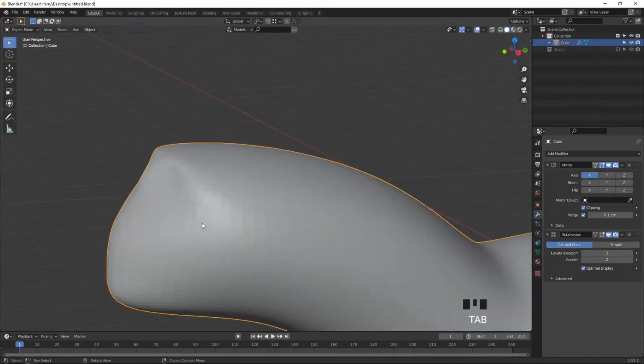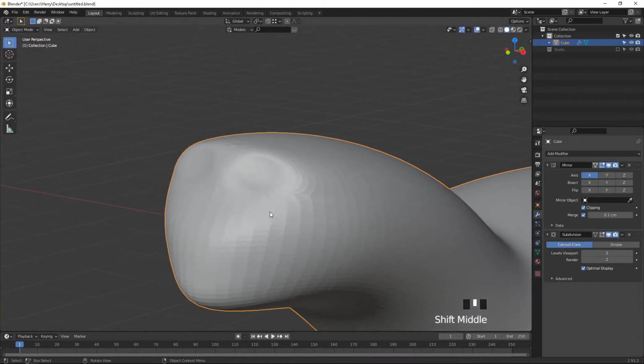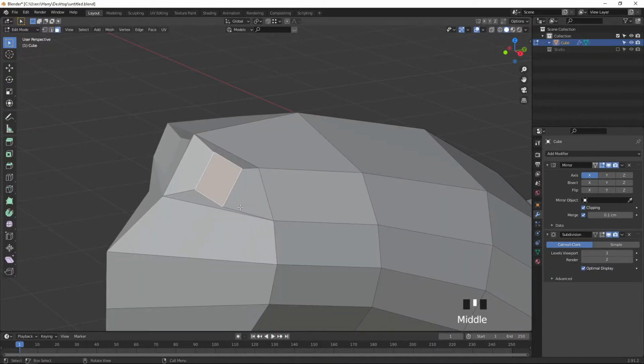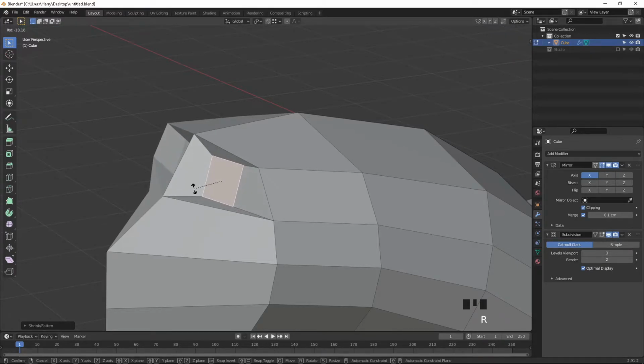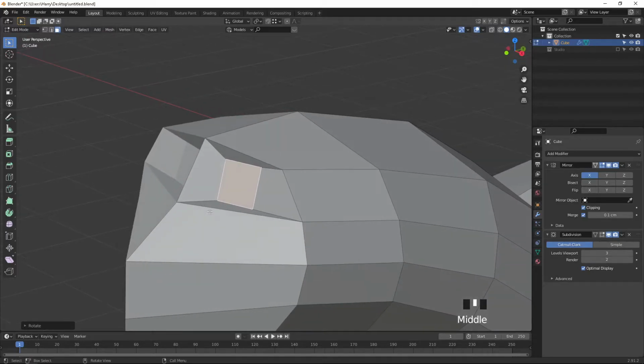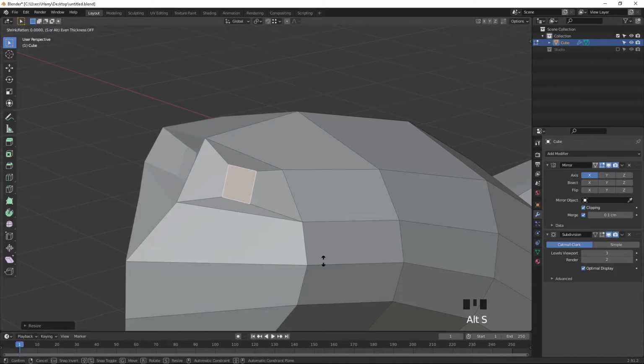Okay, press Alt S and move like this and rotate like that. Scale it down, Alt S, can move towards like this.